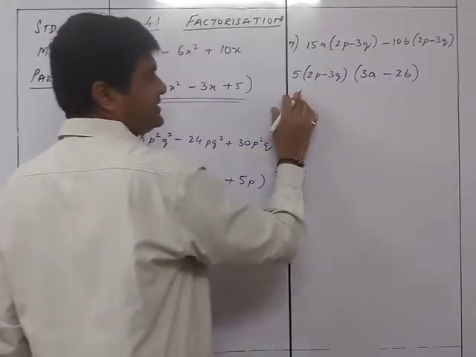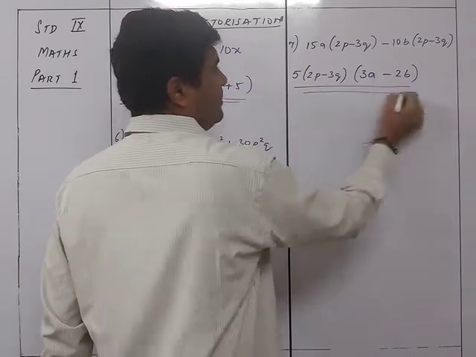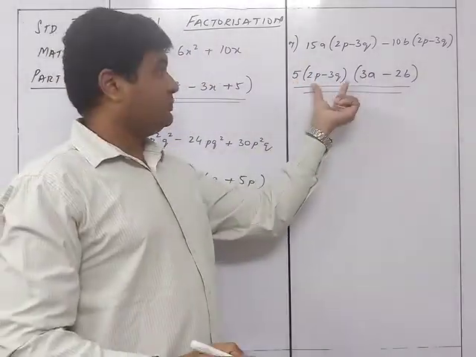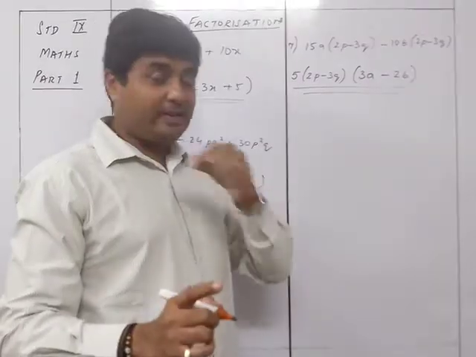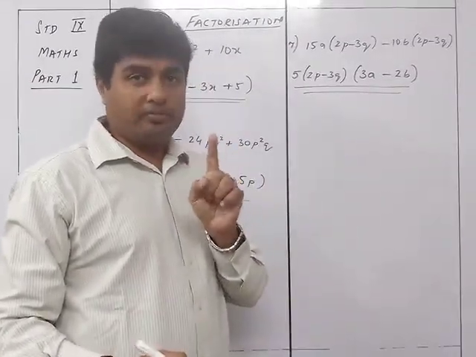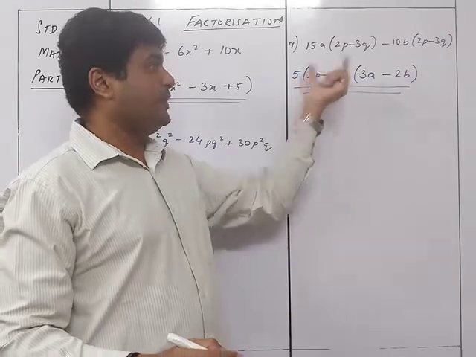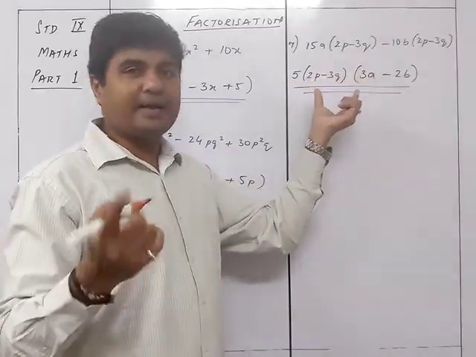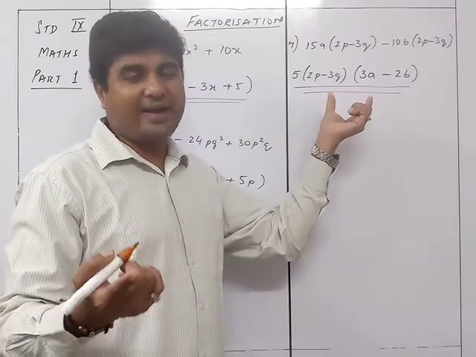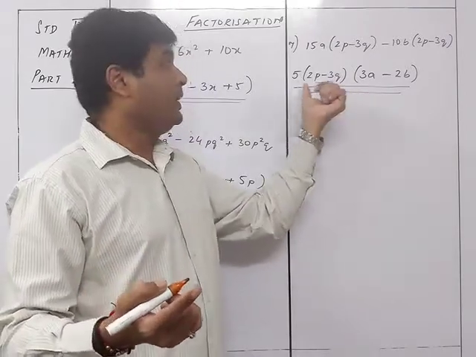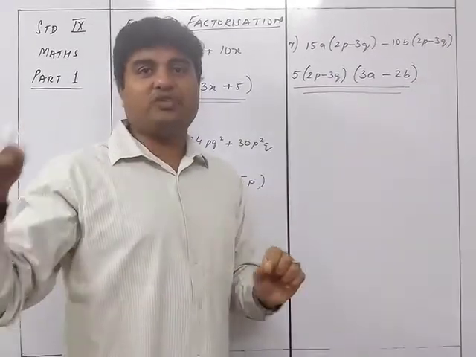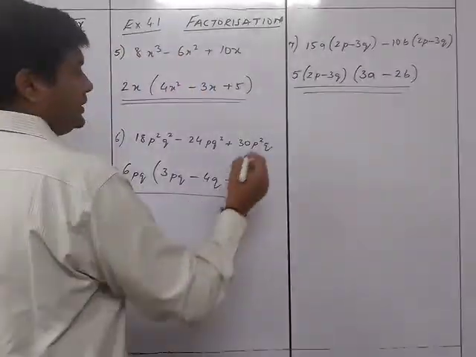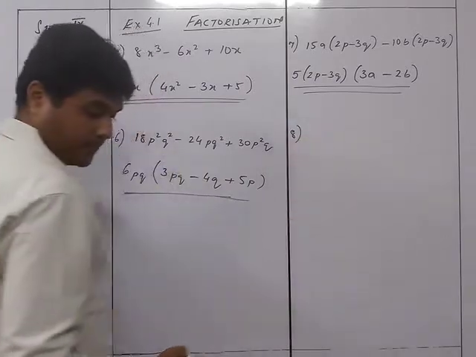So accordingly, you can see that the answer is going to be 5 multiplied by 2 binomials, this binomial into this binomial. You can see all the terms are in multiplication form. There is no addition or subtraction between the brackets. Only inside the bracket there will be addition or subtraction because it's a binomial or trinomial. But outside the bracket there won't be plus 5 or plus 3 or plus pq. Such a thing will not be there.